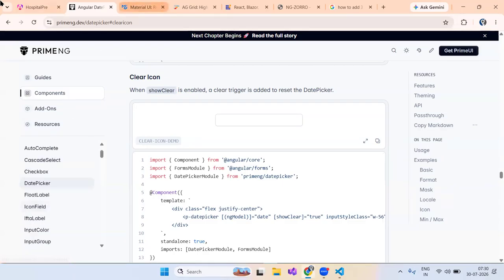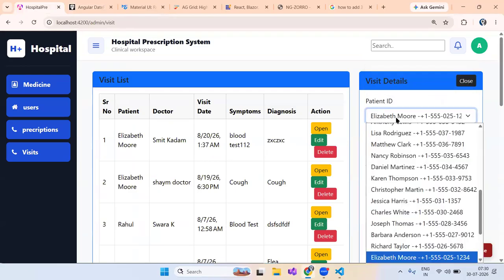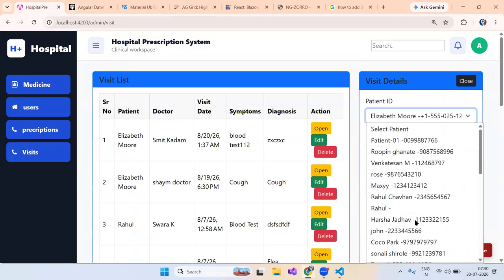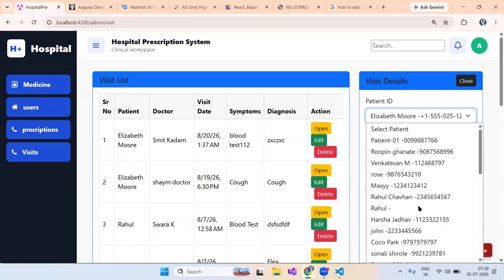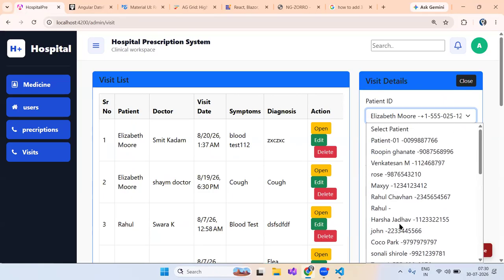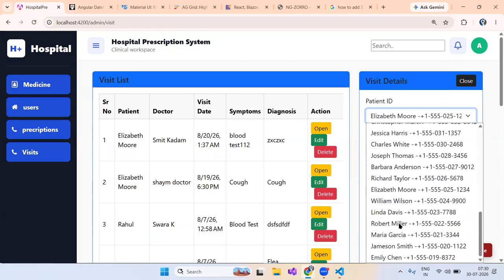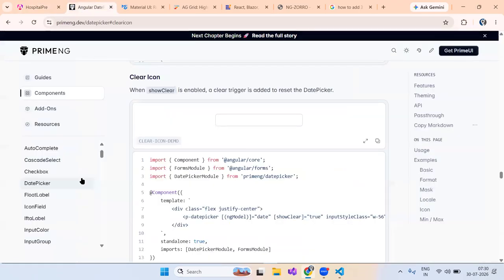Let's say drop down. Where have we used a drop down? Let's say the patient ID drop down is there. Now, here you can see, because records are there, it is a little bit hard to find through the records. Currently this many records are there, but let's say again 50 records are added. So it will be difficult to find, right? So what you can do is use the PrimeNG drop down, and there you have the filter also. Okay. So select,